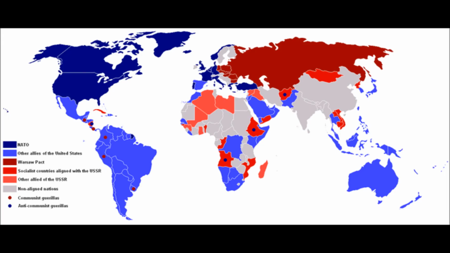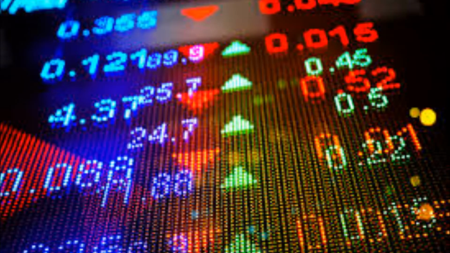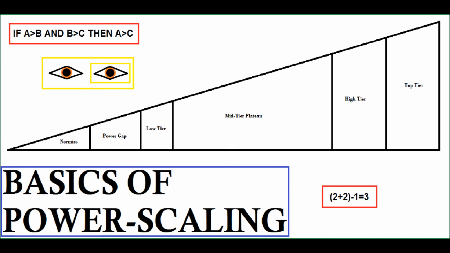In diplomacy and politics, it is used to maintain a realistic grasp on the balance of power. In sports, it is used to set goals and to calculate likely winners. In business, it is used to estimate a company's ability to compete in the market. But its most explicit use comes in the discussion of fictional works, where it is used to acquire a more full and consistent understanding of a work and how it compares to others, and oftentimes is also used as a form of entertainment in itself. These are the basics of power scaling.